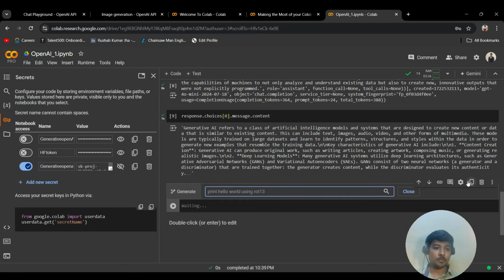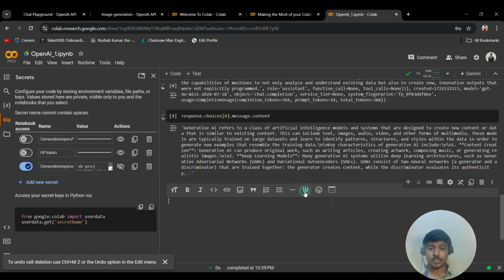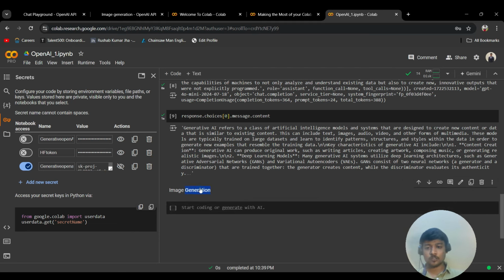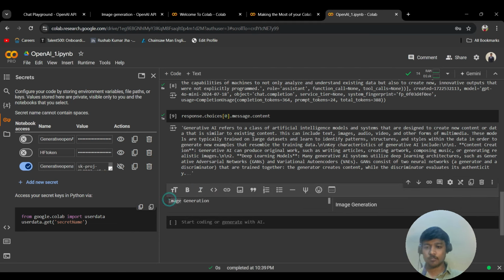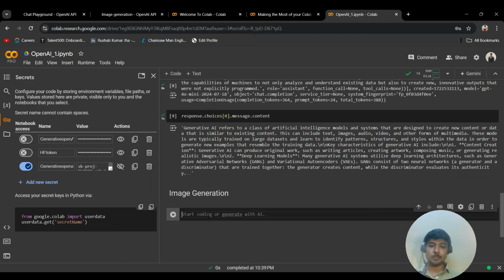Let's delete this particular piece of code, and we can now do image generation. Okay, so let me increase the size. So image generation.